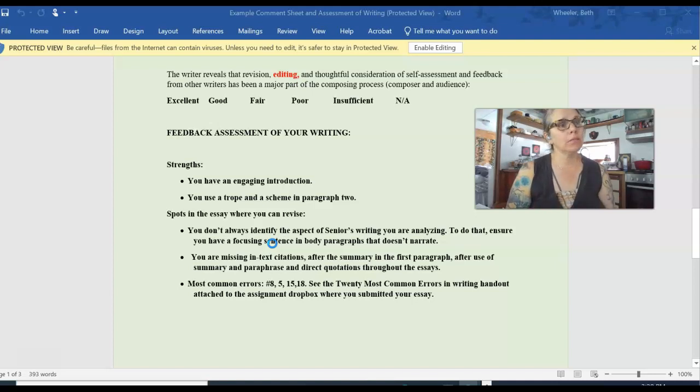It can stay the same, and it could go lower, but if it goes lower, because you take a risk with your revision, you'll keep your original score. So I would pay a lot of attention both to your strengths and where things can be revised, because everyone has strengths, and every writer has areas in their writing that can be improved. So I would pay attention to both of those.